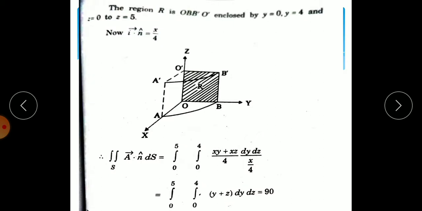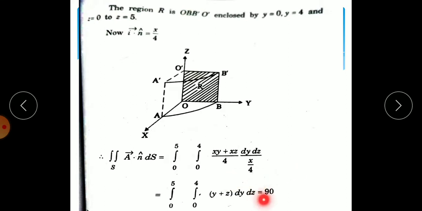Okay. So the region R is OB, B cube. Here also, first octant means y is that only, so obviously the cylinder value will become this side region. So y equal to 0, y equal to 4, and z equal to 0 to z, which is already there. How will you find y? X squared plus y squared equal to 16 is given. So eliminate x squared. So y squared equals 16, so y equals root of 16, that is 4. So 0 to 4. Then as usual you can apply and write the answer.